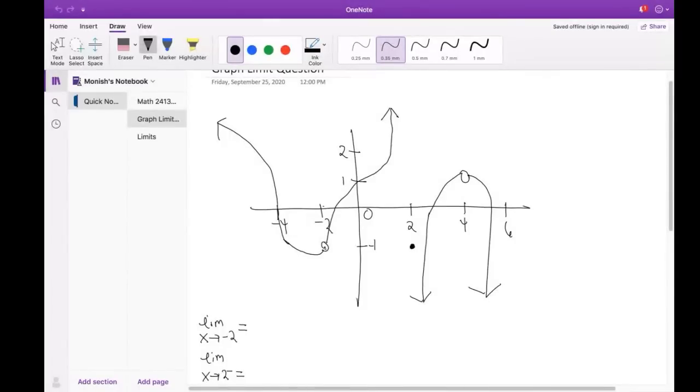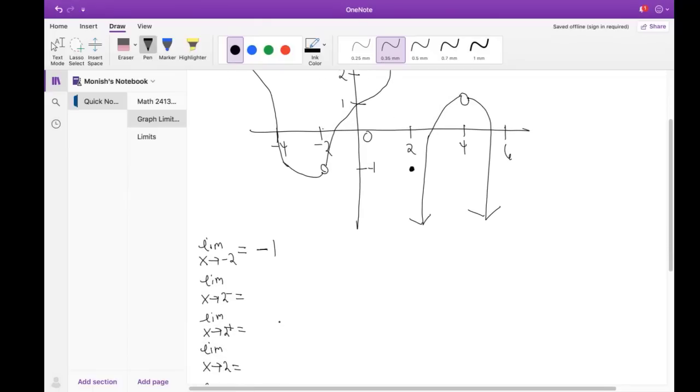Just because there's not a definite point here doesn't mean that the limit doesn't exist. It does mean that f of -2 doesn't exist, but the limit can still exist because it's approaching a common value. So if we looked at the limit as x approaches -2, you want to approach it from the left side, and you see that it approaches -1. You want to go from the right side, you also see that it approaches -1. Since those two are the same value, we can say that the limit as x approaches -2 is